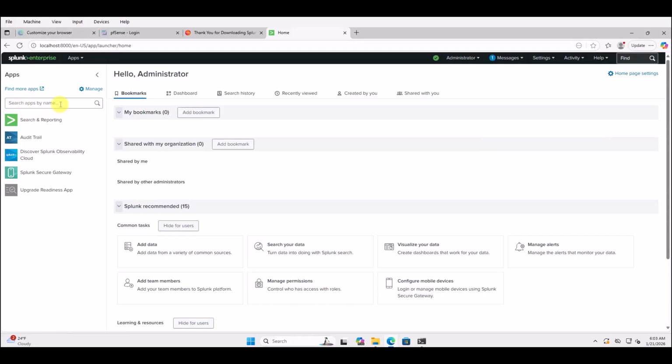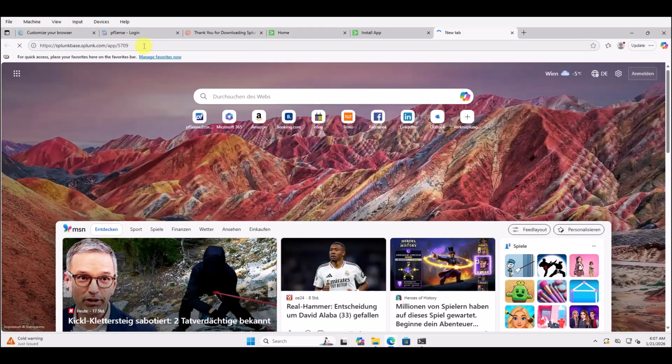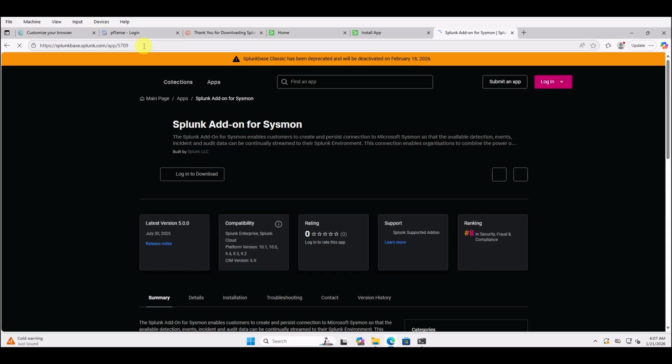Now what we want to do is find some apps. So you can get them from Splunk Base. So the first one is the Splunk add-on for Sysmon. So follow that URL that's in the walkthrough, select login to download. And this is where you will log in with your